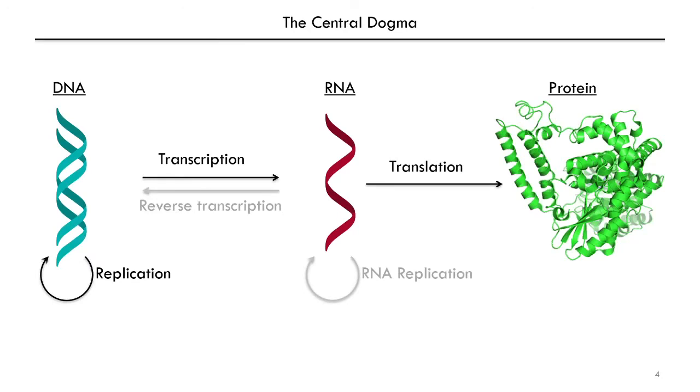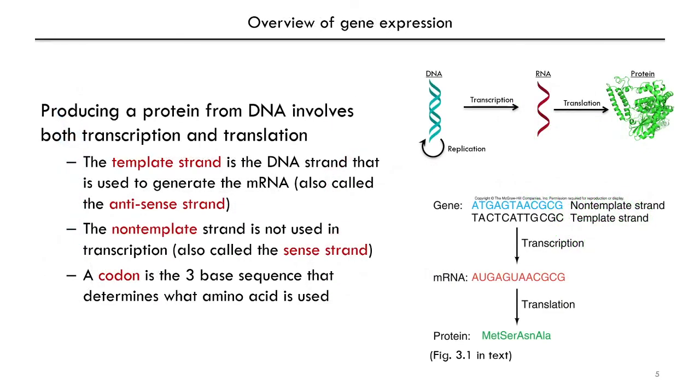We come back to the central dogma, which describes the flow of information from nucleic acids, DNA and RNA, to protein. Producing a protein from DNA involves both transcription and translation. Transcription occurs when the DNA message is copied into RNA. It is called transcription because the code is copied in the same language, that is, a sequence of bases. Translation, on the other hand, involves the conversion of a sequence of bases on RNA into an amino acid sequence